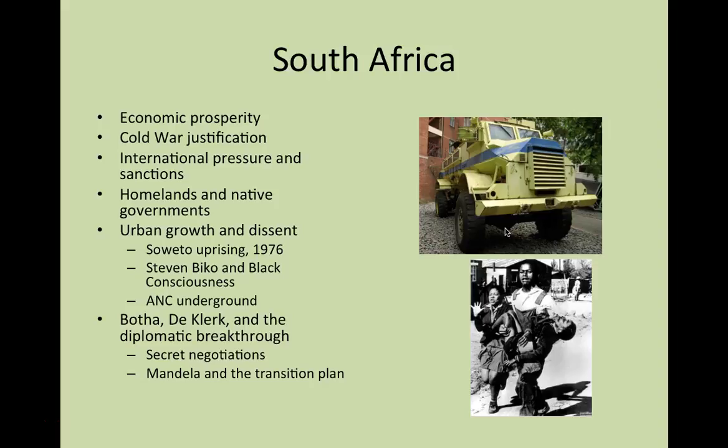And one of the first things that de Klerk did was to make the declaration that Mandela would be released from prison and that the ANC would be legalized as a political entity. And so on February 11th, 1990, Mandela was released from prison. Now, South Africa was still a long way from multiracial elections. Over the course of the next 4 years and 3 months,